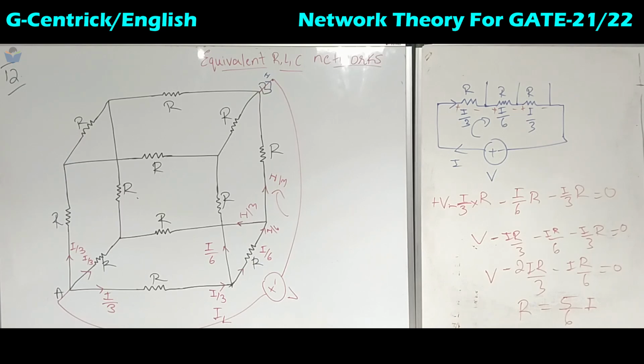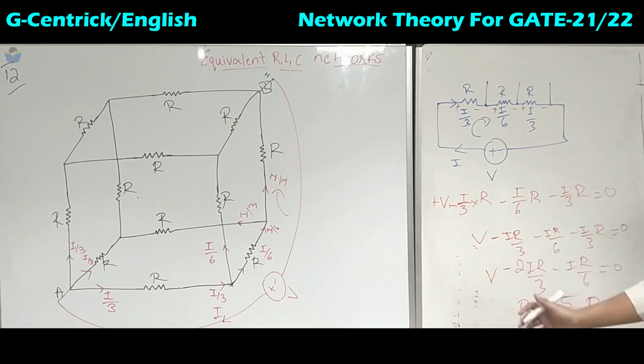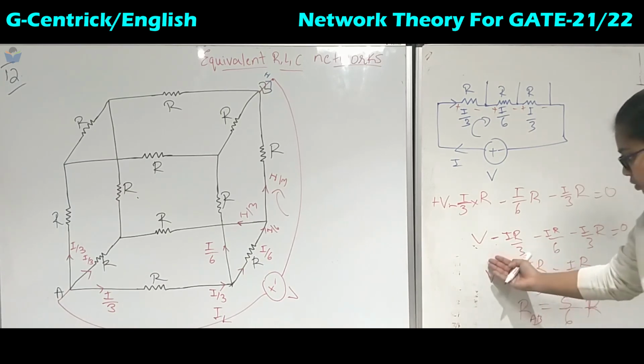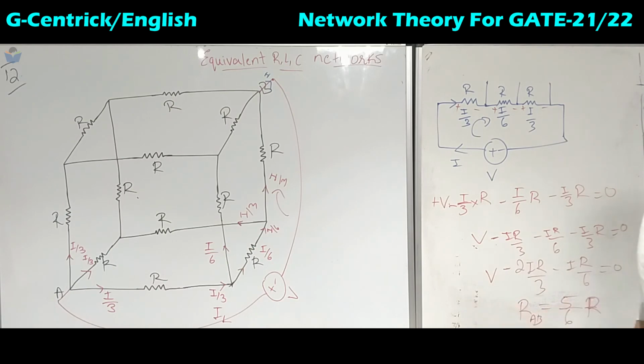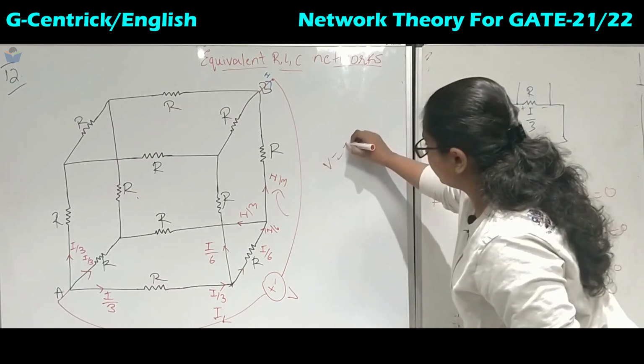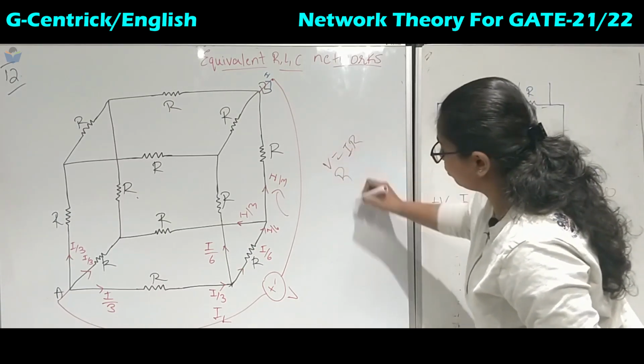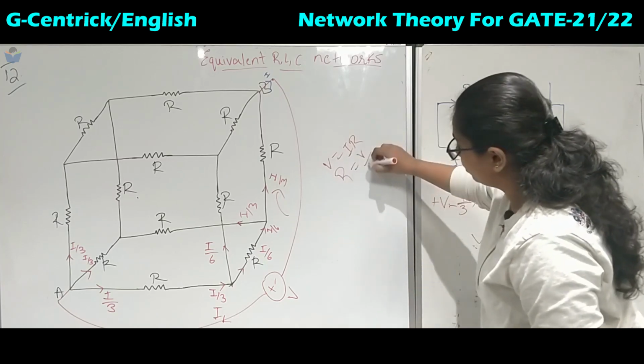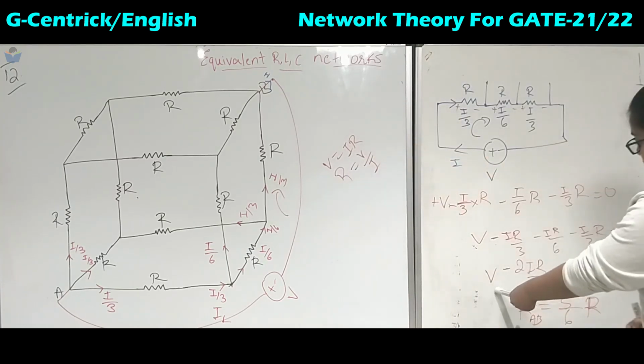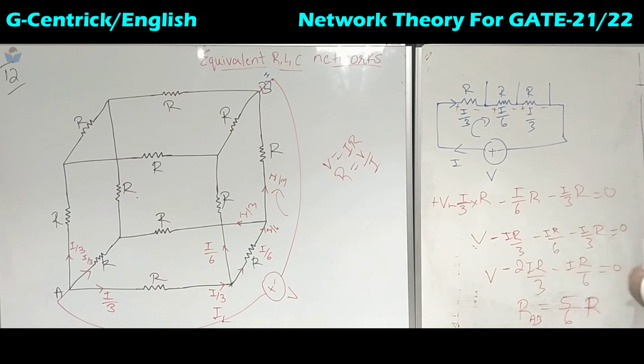Okay. Sorry, this is R_AB. So we have to rearrange the terms, we have to take I common. Okay, so then we will get V by I, which is nothing but, so V is nothing but I into R. So if you want R equivalent, what we will get? V upon I. So here we have V, take all the other terms in this direction. So we will take common I, then divide it by V. So what we will get is R equivalent, that is 5 by 6 times of R.